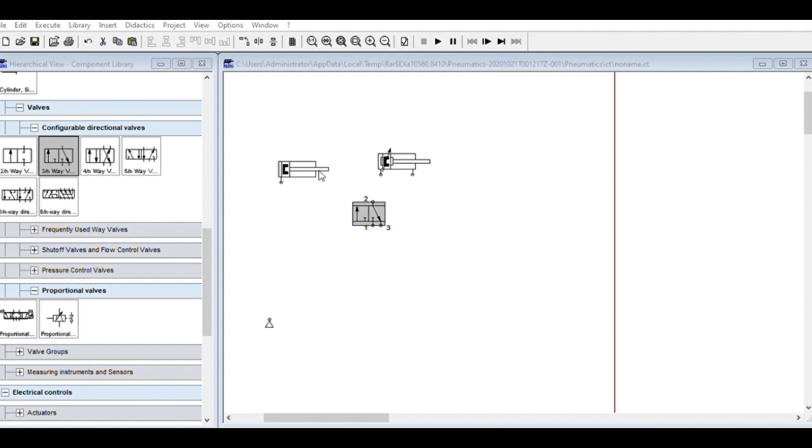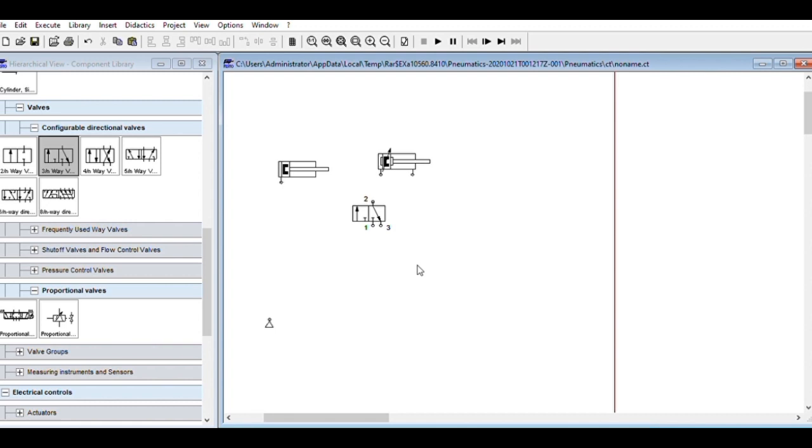If it is manually operated, what do we need? Is it a push button to our right side, or is it mechanical? Is it operated by a roller like that, or like this? There are so many options that we can do. If it is spring return or it is piloted like that, we can always have different options and functions for